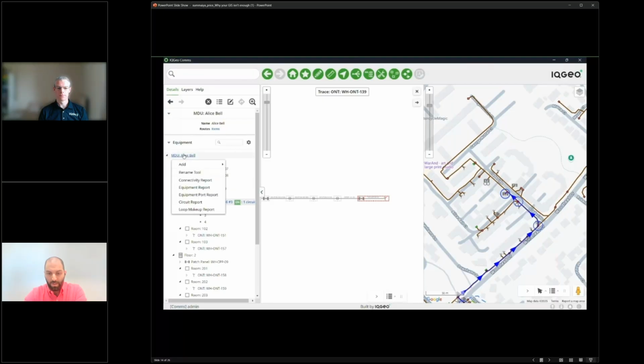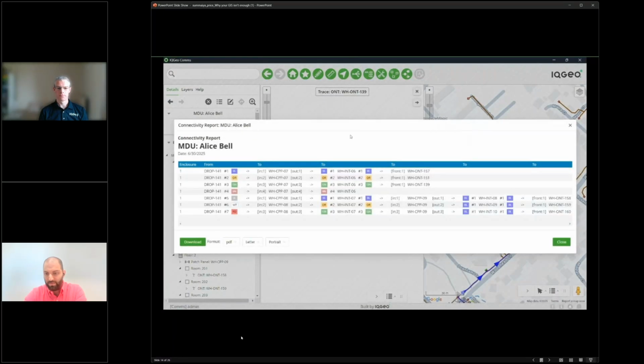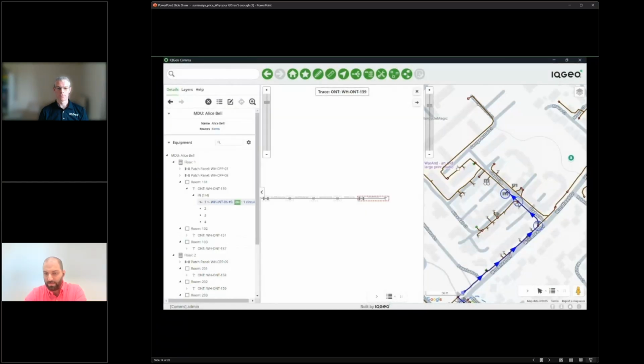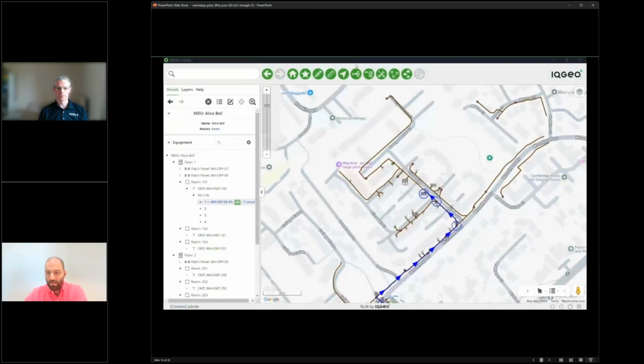Then, of course, going back to the MDU itself, we can pull another connectivity report, which shows us how the different customers are connected and the different services are established in this UI. So to quickly end with the same UI, with the same functionality, offline, but completely network connected, that's what we call native mobility. And with this, I will pass it back to you, James.